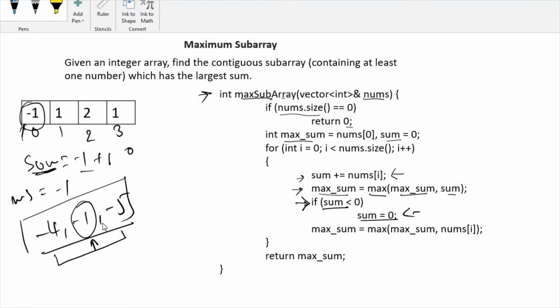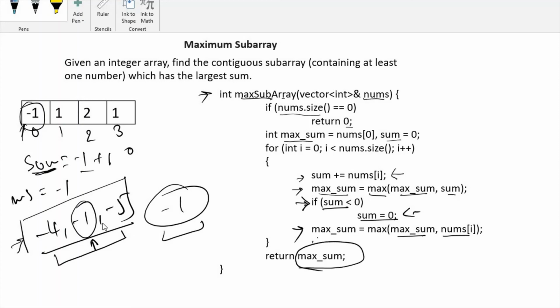The biggest number is minus 1, so that is what I am finding here, the maximum of maximum sum or any single element. If we see minus 4, minus 1 and minus 5, minus 1 is the maximum sum of any sub-array of only one element, so that I am finding here, and finally return the maximum sum. So this is our answer.